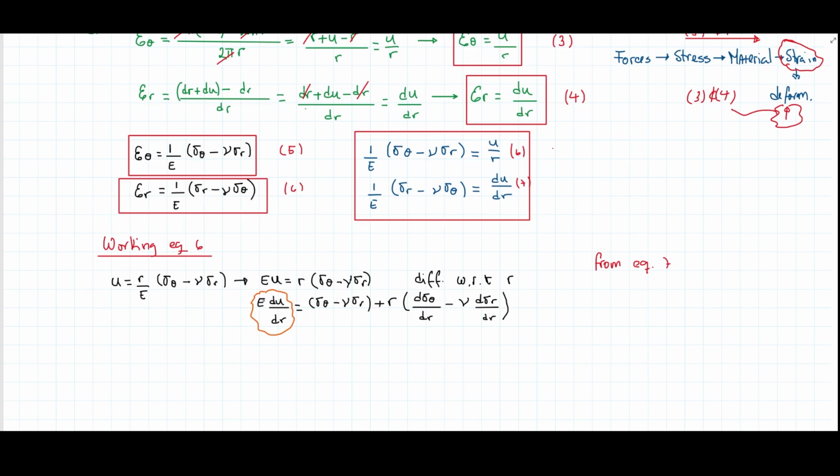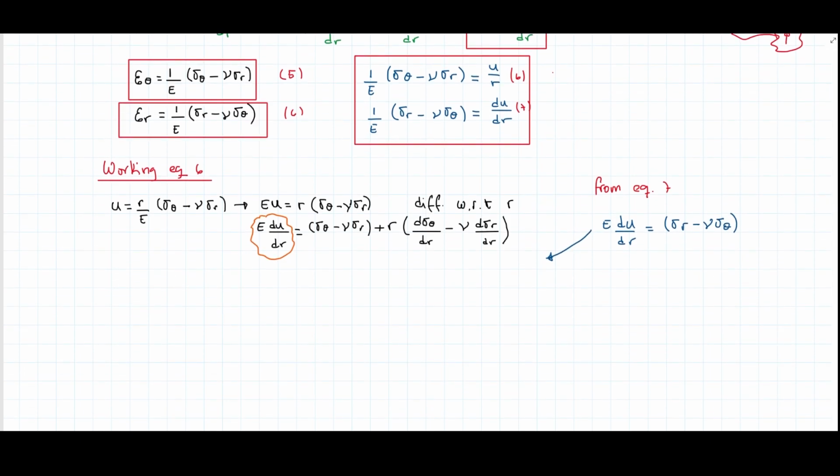So I can just get the same term working with equation 7, meaning that I could say that E times du dr, this comes from equation 7, equals to what? Well, it just equals to these two terms here. So now we have got rid of du by doing this. Imagine that. So if I introduce this one back here,